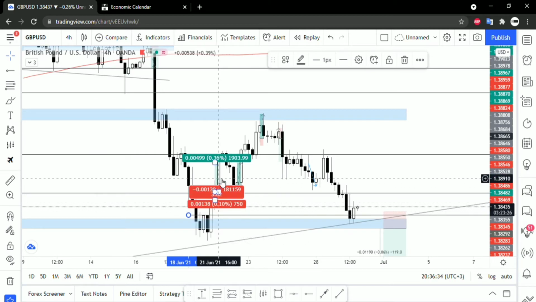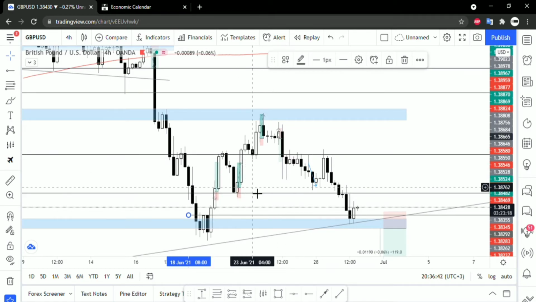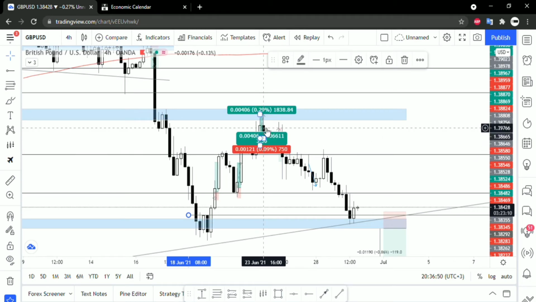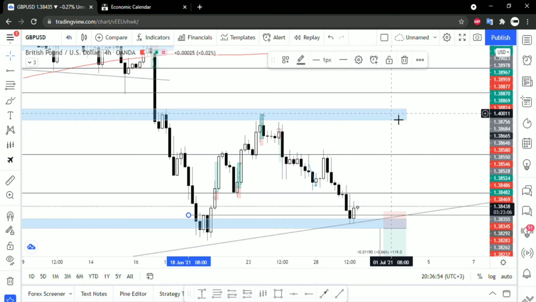It rallied to the upside, had a retest at this particular resistance level, and then it came back, found support at this particular level, and then continued to shoot up, broke out of this level, and retested again, so the resistance now became support, and then we rallied to the upside until this very fundamental level right here,